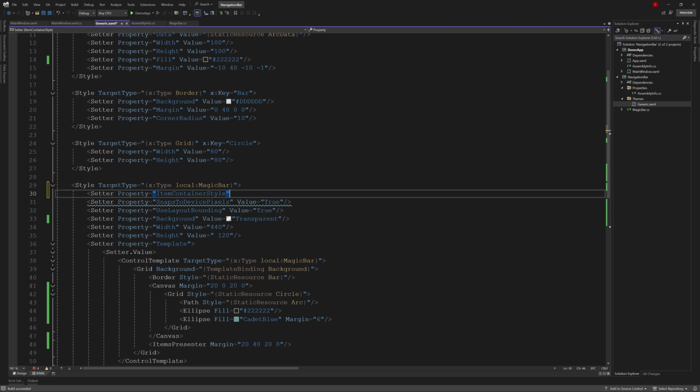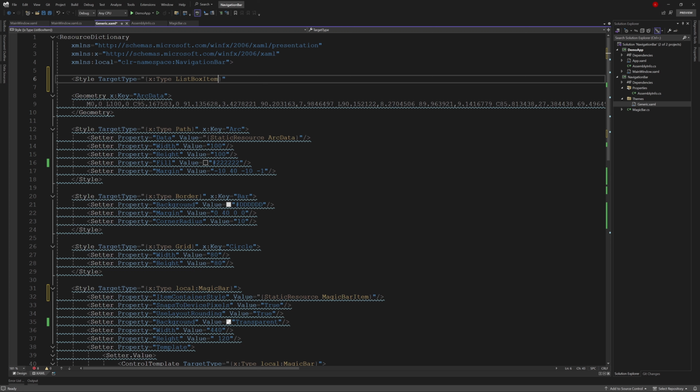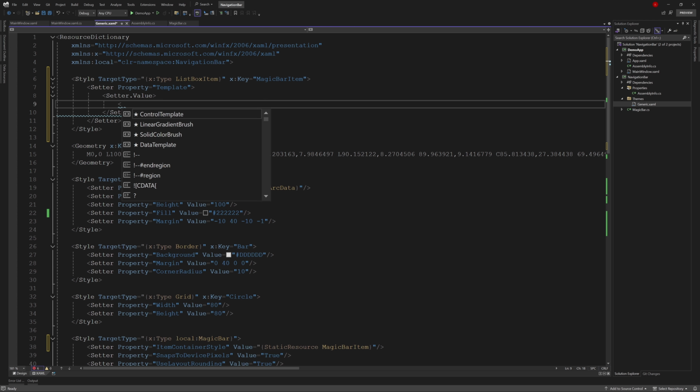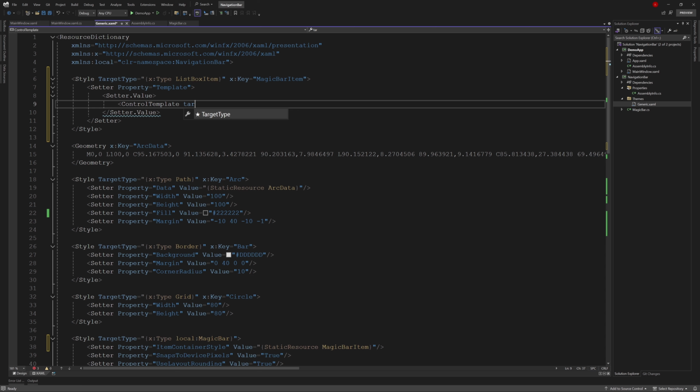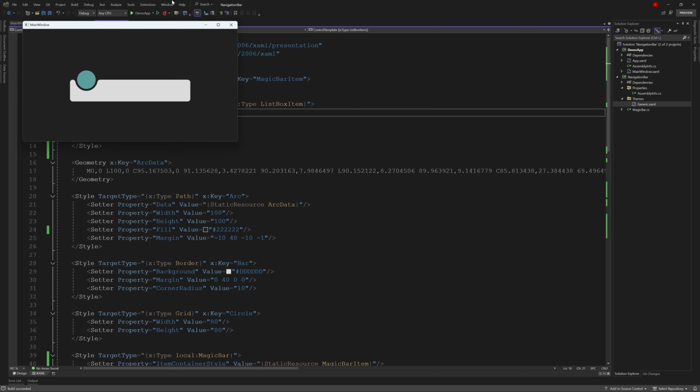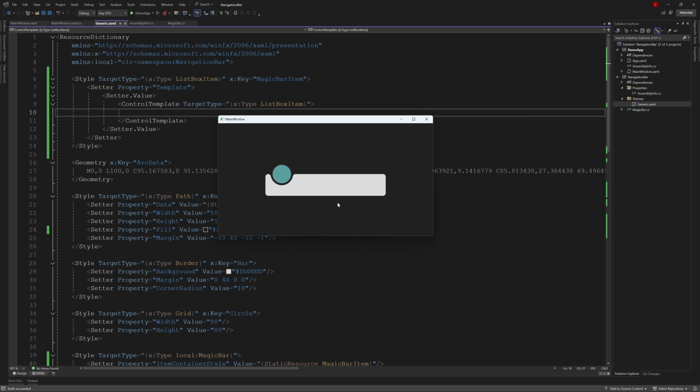Target type x:Type ListBoxItem, and Magic Bar Item. Okay, property Template. At this time, we won't add anything, just run it to make sure it works even if it's empty. Okay, it worked.